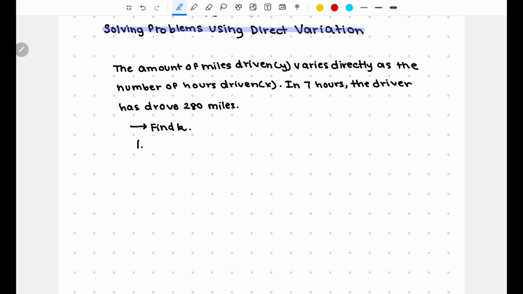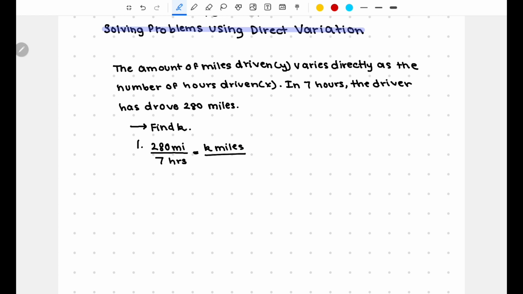We know that 280 miles were driven in 7 hours, which is equal to, because it's a constant rate of change, k amount of miles,